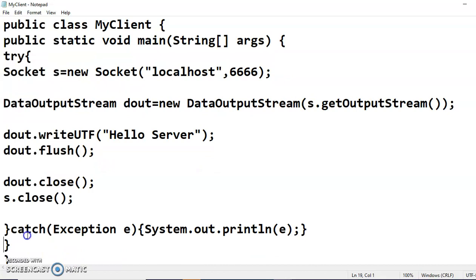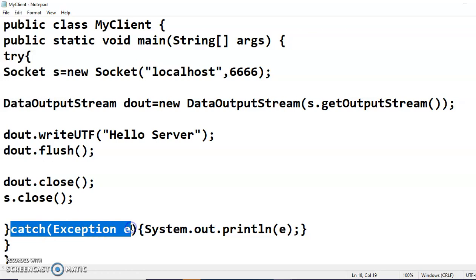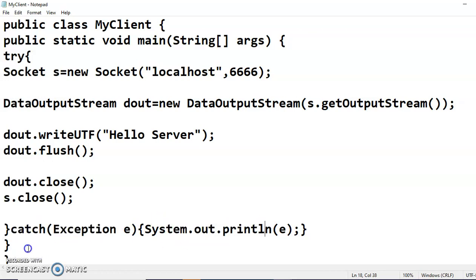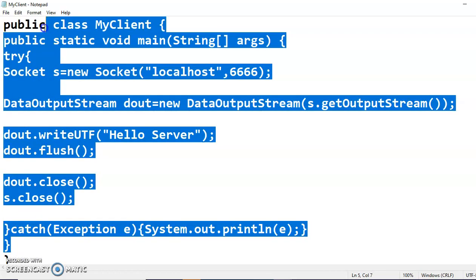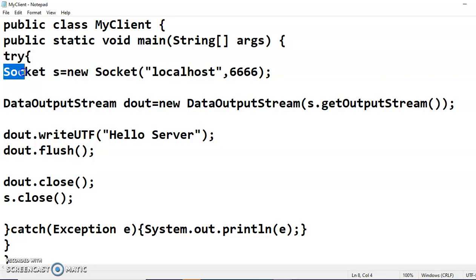And try is closed. Again in catch, you will catch any exception that might occur and you'll print that exception. So this was the client program where we made use of the Socket class and we have written the data to the server.